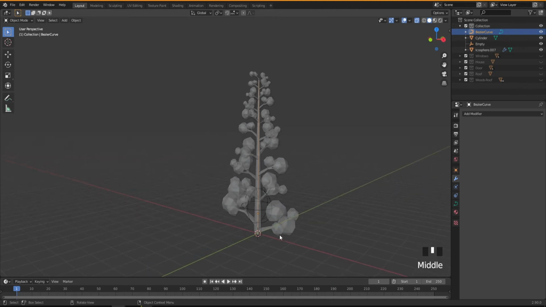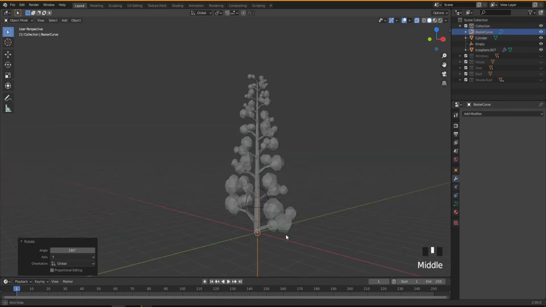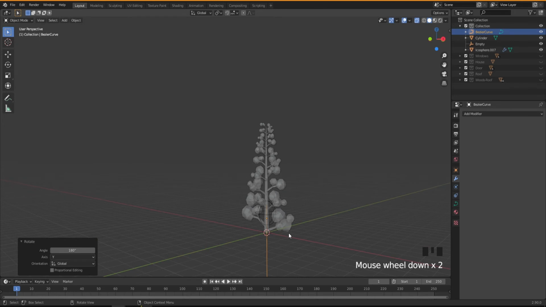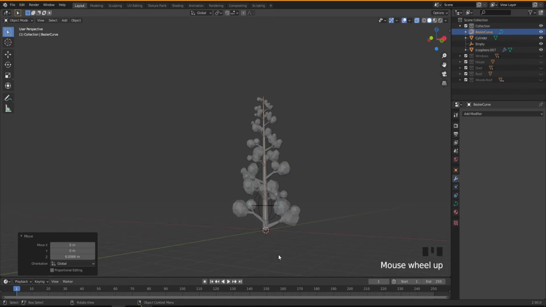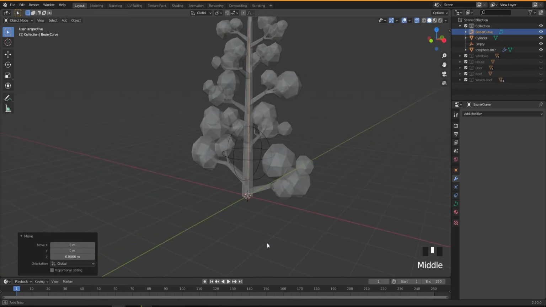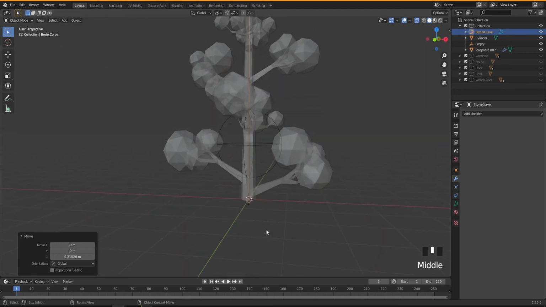So what I'm going to do is press R Y 180 like this, and move it up. So G Z to move our curve up, just making sure the bottom part is by the ground. So yeah, it should be fine now.